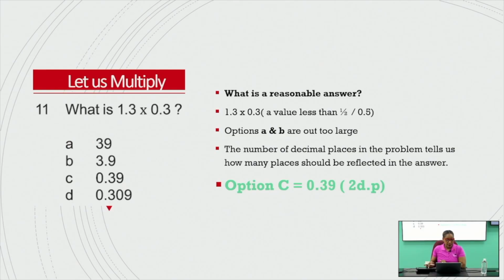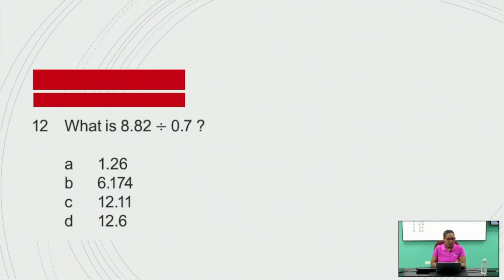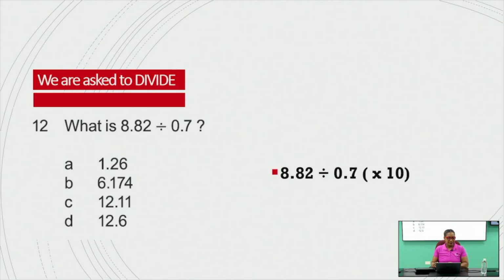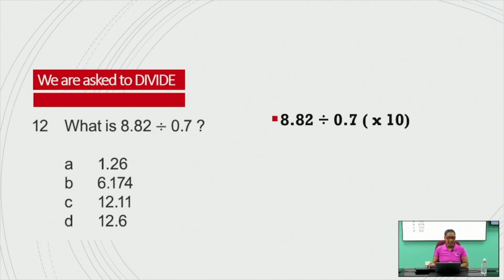All right. So you have the next question, which is question 12. What is 8.82 divided by 0.7? So we're asked to divide here. We have